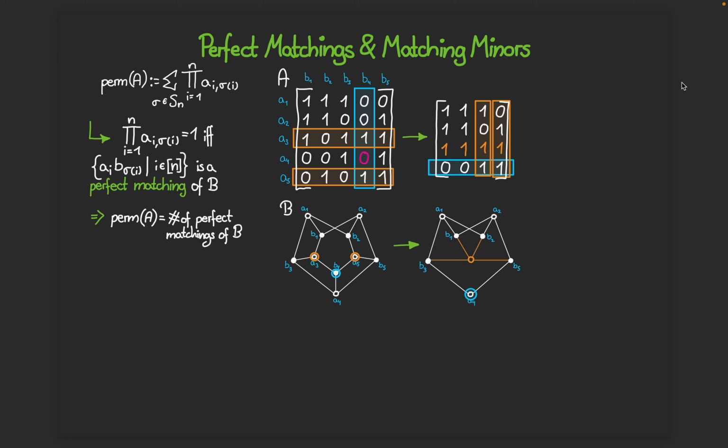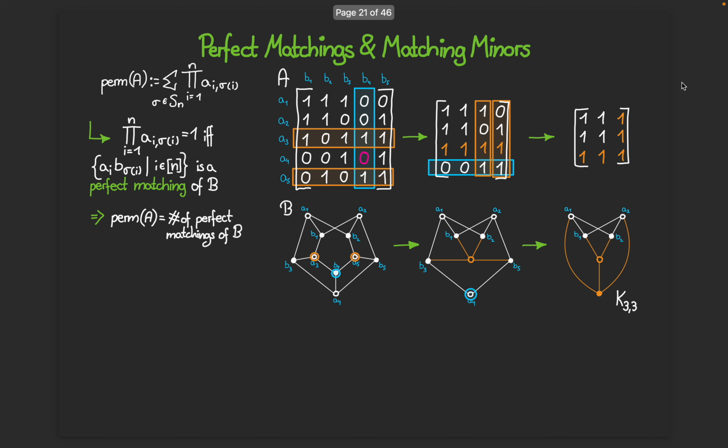This is the 0 we made here. And then we get this new orange vertex here. This is represented by this all one row from before. And then similarly, you can see here we have A4 together with B3 and B5 forming these two special columns here, which again can be merged and finally form the all one matrix 3 by 3 above, which is the